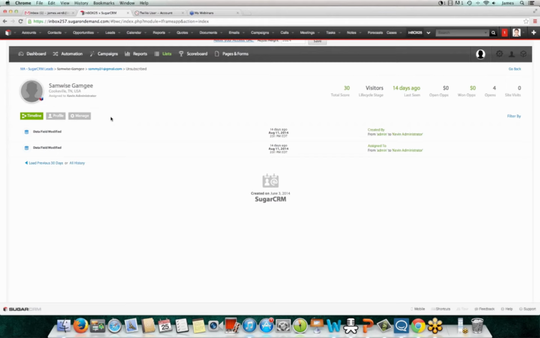So the most important area I want to discuss for our Twilio integration is going to our Manage here, and we can see we can send a direct SMS text via the timeline report itself. So if you want to send a text message to a specific person without creating an automated campaign or some sort of workflow, you can go ahead and do that through this screen. So you click Send SMS here,